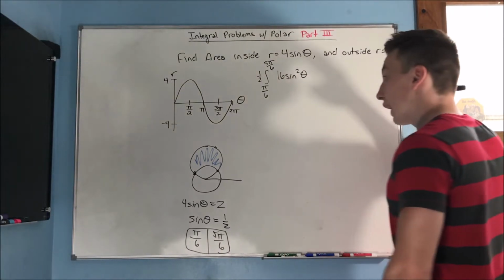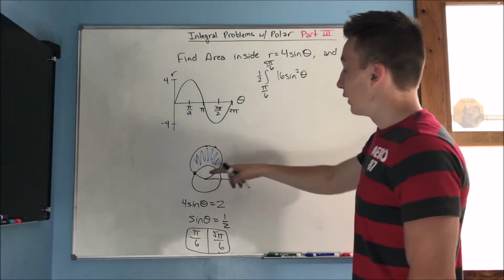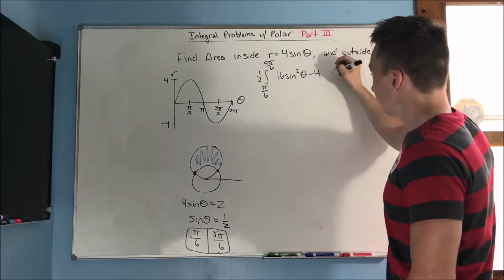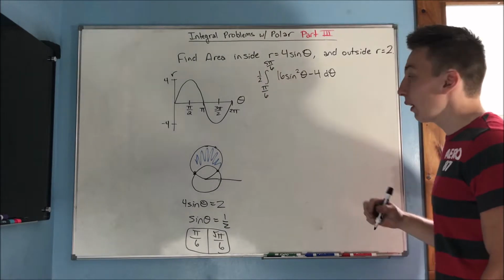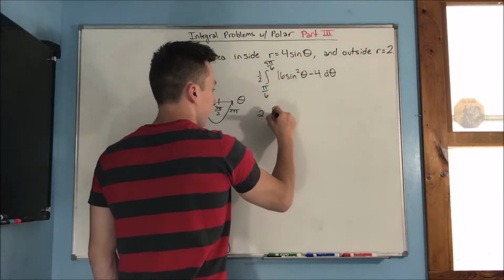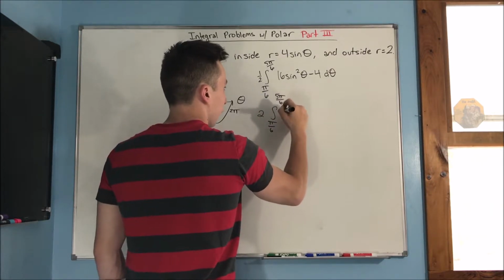And then we're going to subtract our g of theta, right? Our bottom function, which is 2, right? And we square that, so that's 4. And we get d theta. We can take out a 4 here, okay? And we take out a 4, we get a 2 outside. So that's 2, the integral from pi over 6 to 5 pi over 6 of 4